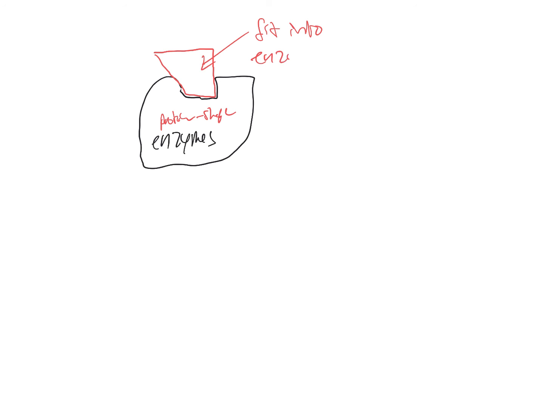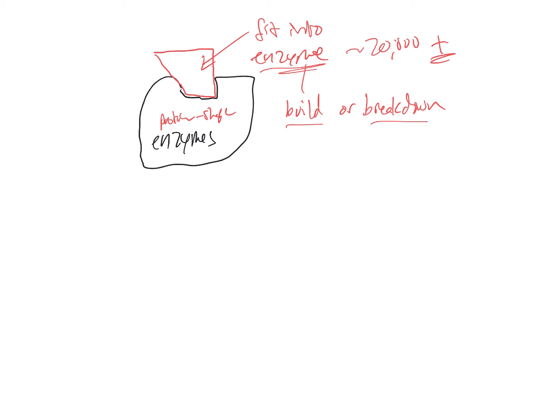Then generally, enzymes either build things or break down things. We have something like 20,000 of these, probably more in reality. So enzymes do a lot in our body. They build or break down. We'll focus on the ones that break down more in class, but they can build too. I'm going to give you a handout in class for some of the other ones, but basically it all comes down to shape. So function